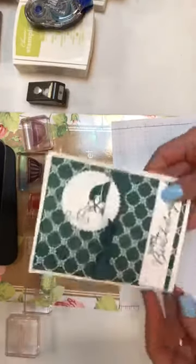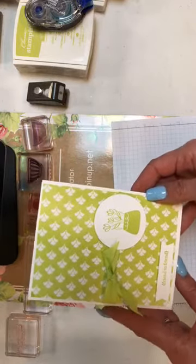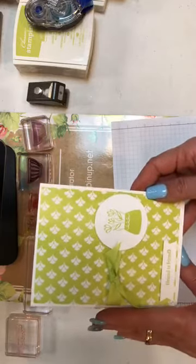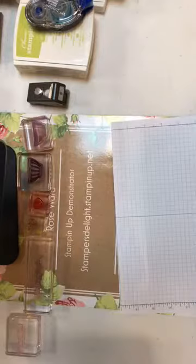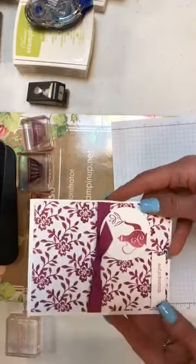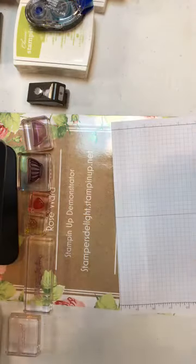So here's another sample from this. Again, these are all from the same stamp set. And these, again, the designer series paper and this stamp set is retiring. So if you like this, you want to get it now. Okay, so we made 4 different cards. And the designer series paper is gorgeous, but that's also going away. Another one that we did